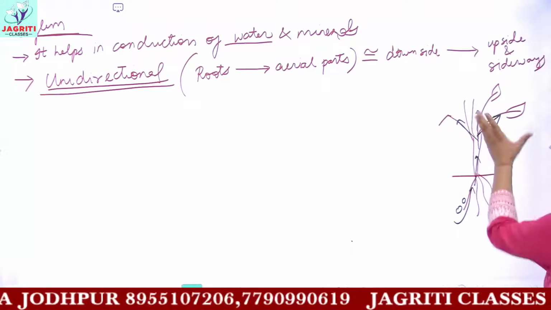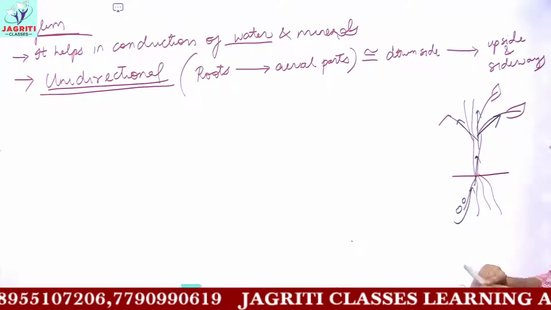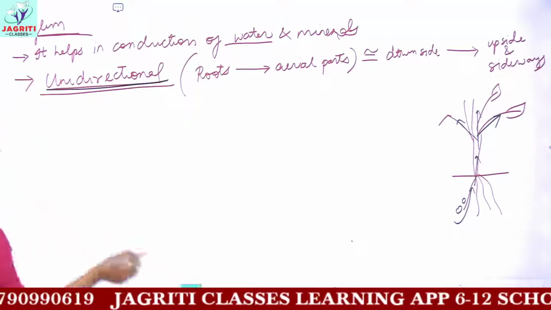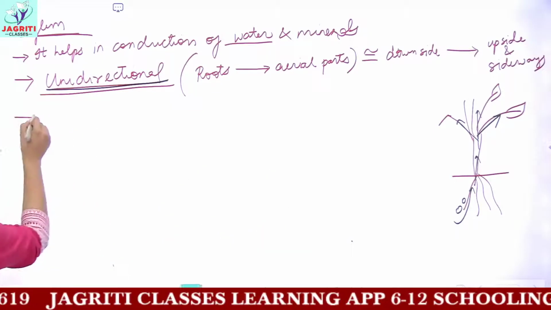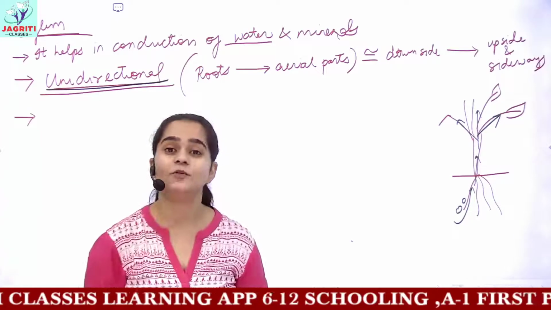But the flow is in the same direction. This water is not being transported downside. In turn, we call this flow unidirectional. Then the next point here would be that you are also given a diagram of xylem and phloem and its